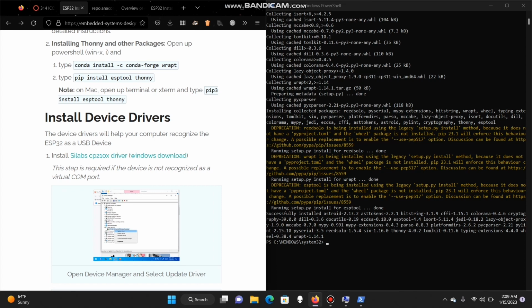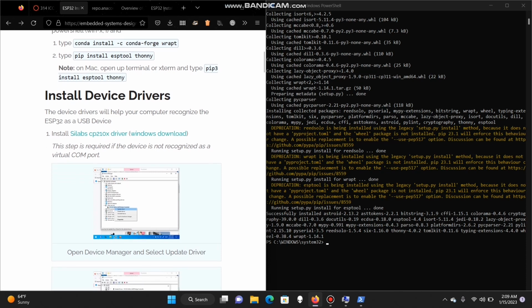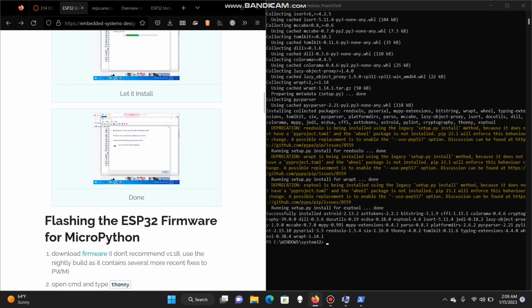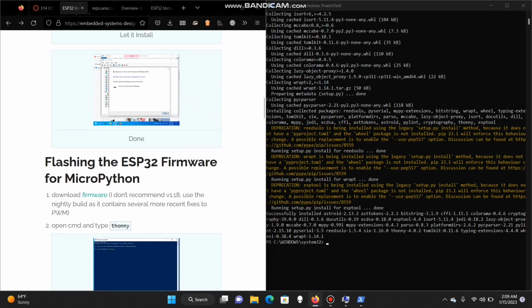Even after that, if your PC is not able to detect it, just make sure all the proper device drivers have been installed. We have a tutorial for that too. You can just go ahead and follow this. Once you're done with this,